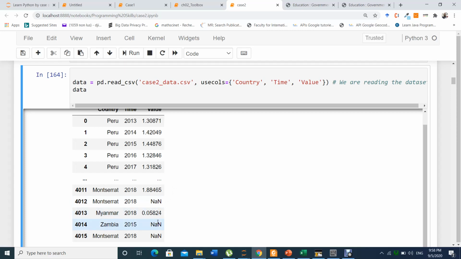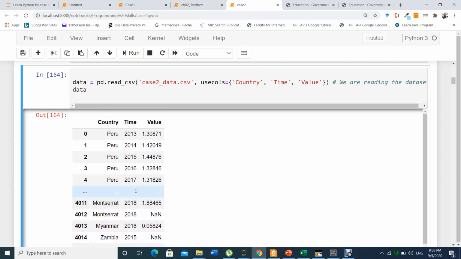This is why we have NaN here, here, and here. By default, we didn't say head or tail, so it prints the first 5 rows and the last 5 rows.